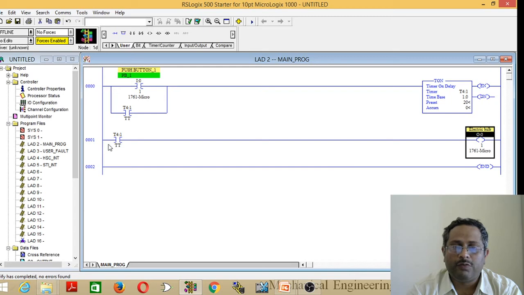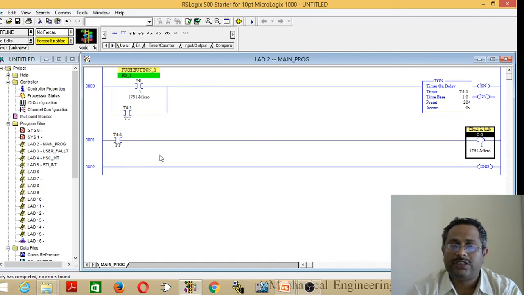If you use the DN bit instead of the TT bit, the bulb will be on after 20 seconds. Initially it is off, then after it reaches the preset value it will be on. But if you use the TT bit, initially it will be on for up to 20 seconds, then it will switch off. Here we require to achieve the objective: first the electric bulb will be on for up to 20 seconds, then it has to be switched off. For that we are using the TT bit. This latching we have provided because we are using a push button. If you press and release, the output will open if you are not using latching, but it has to stay on until another intervention of the switch comes.